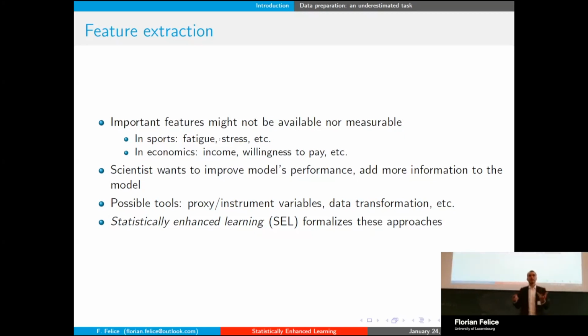So the idea whenever you include those quantities in your model is to improve your model by capturing some information and being able to make your predictions much better than what you would do without those quantities. So for example, for non-observed and unobservable variables, you have some techniques such as instrument variables or proxy variables that are commonly used. But you can also think of making transformations of existing data that you observe, transforming them to extract the actual information you want, and then later including that in the model.